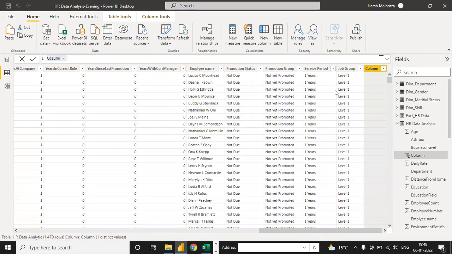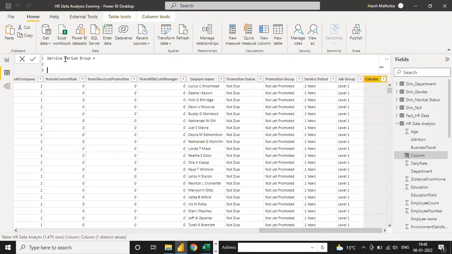So guys, you can see here I'm writing a new column. Select this as service period. We can write here that we have four conditions. The first condition is 0 to 10, suppose up to 10 years of experience. I'm writing here, up to 10 years of experience falls under 0 to 10.